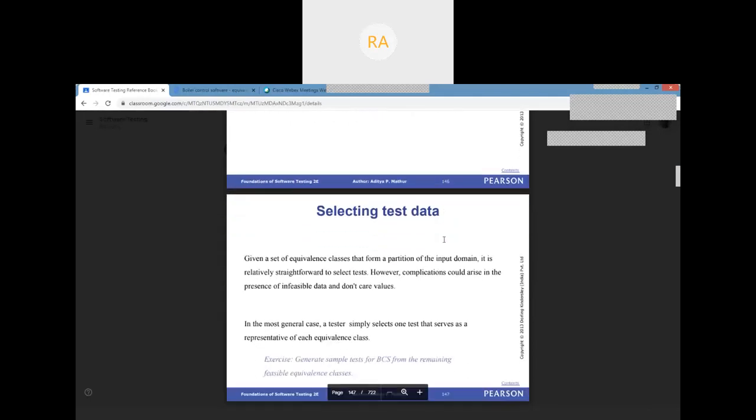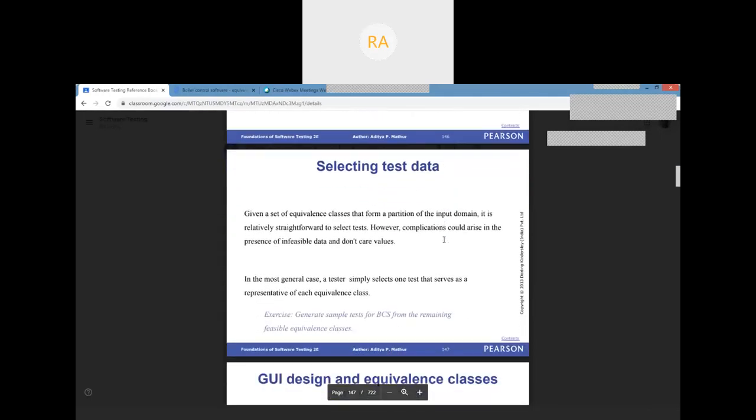What do you mean by this? The final goal or the ultimate objective of this equivalence class partitioning was generation of the test data. I have to first partition the input domain, then I have to get the test data out of those equivalence classes. Pick up one value from each class and test your software rigorously.